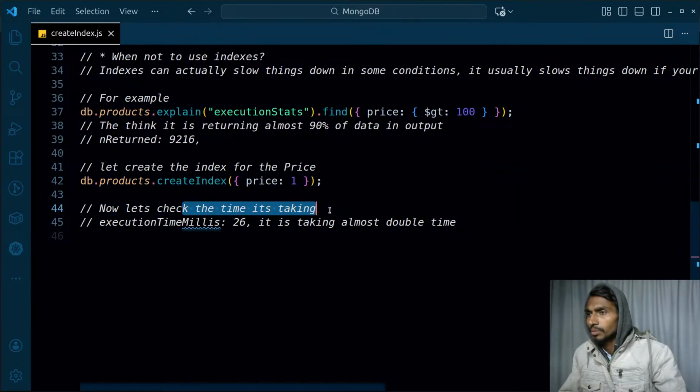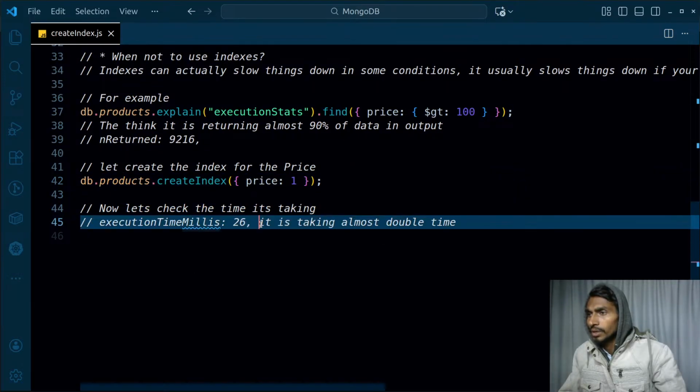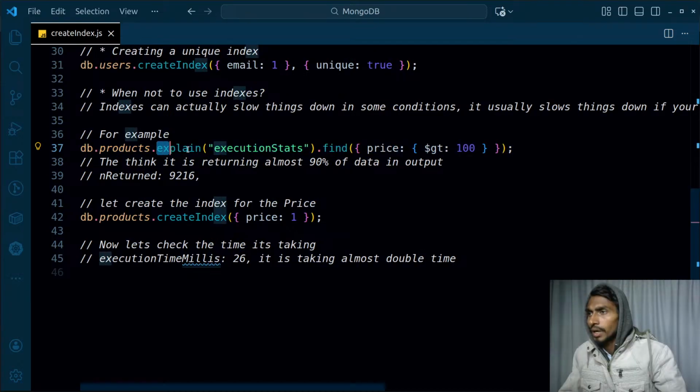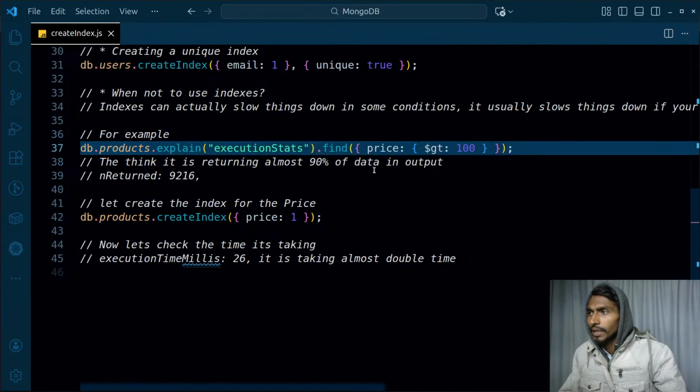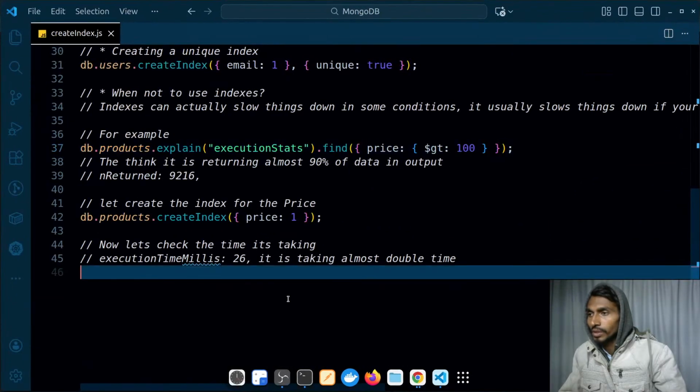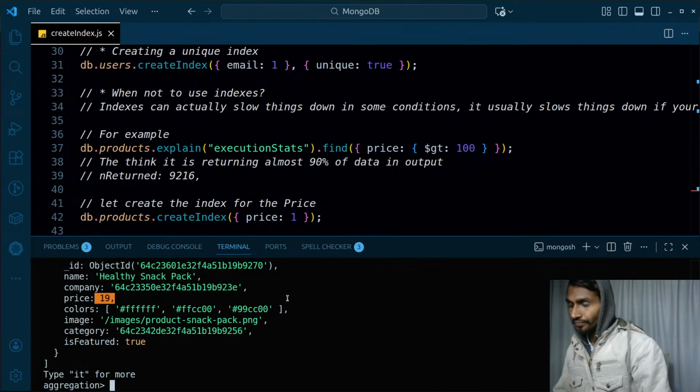Now let's check the time it takes. Okay, it is taking almost double time. That's fine. Execution stats, I can explain it anywhere, that's fine. And then price greater than this. So first of all, let's try to get the products based on the prices. So what I want to do over here,